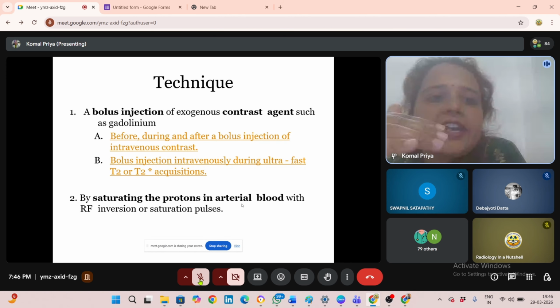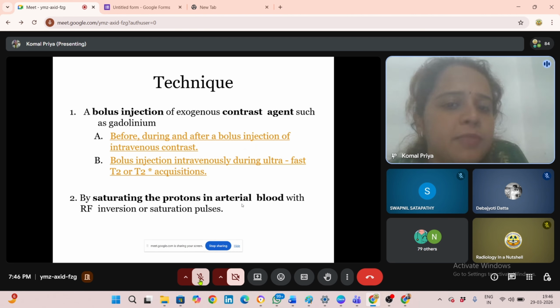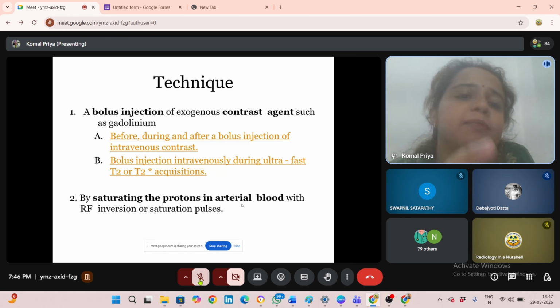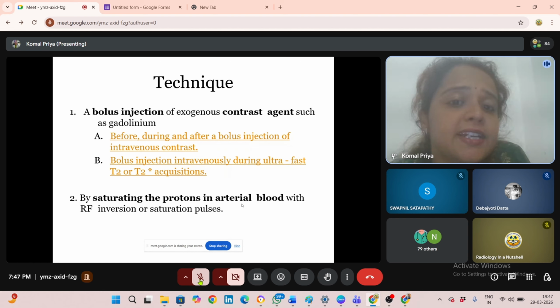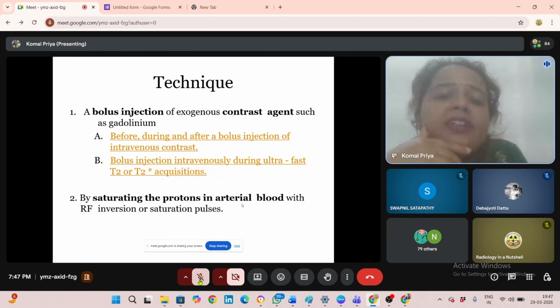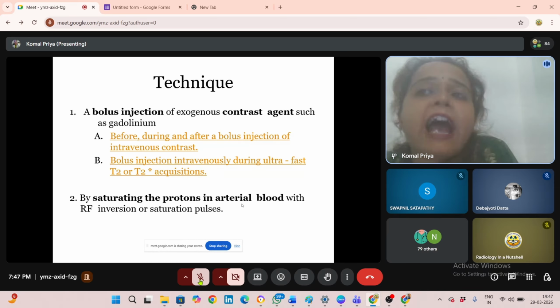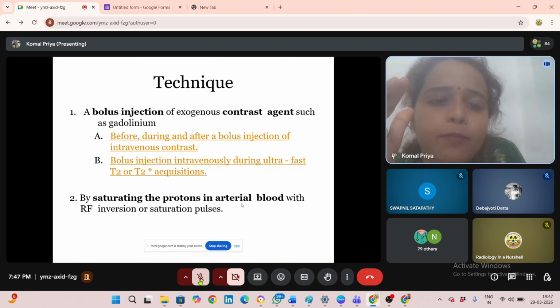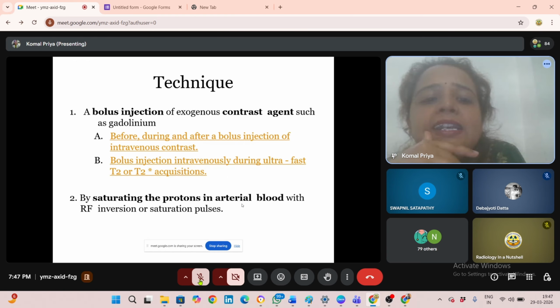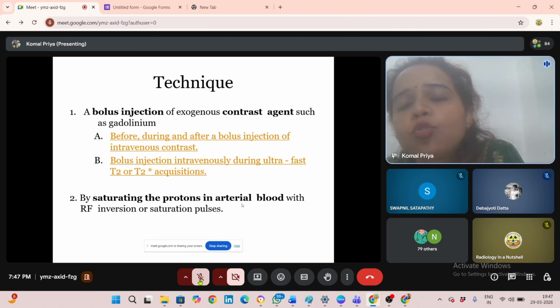This is acquired by giving a bolus injection of the contrast agent, which is gadolinium based contrast agent. So we'll see before what happened, like how I said that blood will only be responsible for this. During injecting the contrast, what happened, and after injecting the contrast, what happened. So bolus injection will be given intravenously, and we'll be acquiring ultra fast imaging sequences, that is T2 or T2